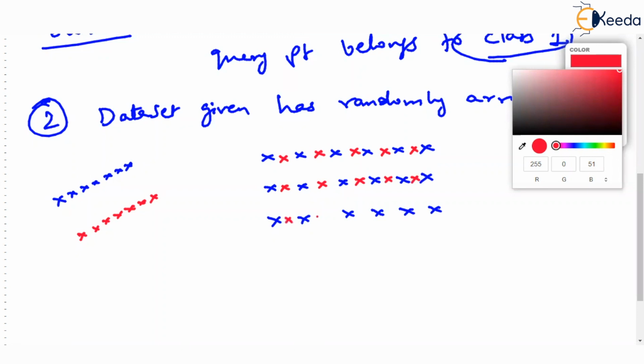That means the data is so jagged, so random, that many times if C1 is 1.5 and C2 is 1.5, then the output is 0. But if C1 is very near to this, say 1.6, and C2 is 1.5, the output is 1. You may ask why this is so. With such a small difference, the output is 1. You can't say what happens in real life.